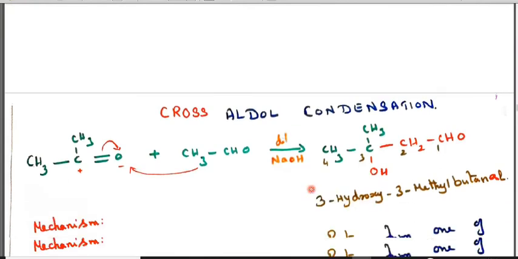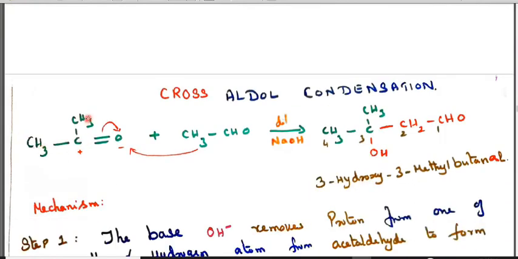In cross aldol condensation, CH3, C, CH3, double bond O is one molecule and acetaldehyde is mixed. One ketone and one aldehyde are mixed together. It is called cross. So out of these two, only acetaldehyde is more reactive than acetone. So the more reactive acetaldehyde's alpha hydrogen is donated to this ketone. One of the double bonds is shifted onto oxygen due to the higher electronegativity of oxygen than carbon, so it acquires a negative charge and this carbon acquires a positive charge. So this H is shifted to oxygen.